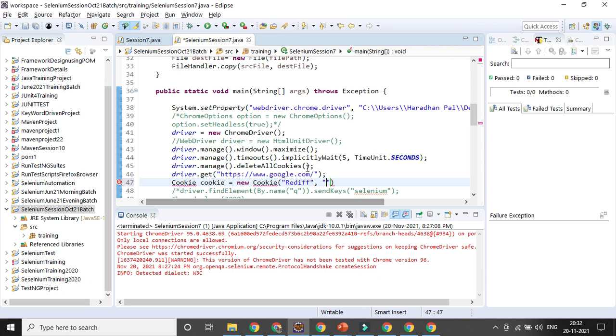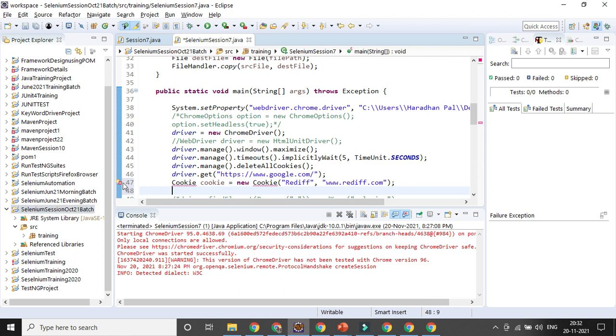It will be the same sort of URL, only that part, not the other part. So it will be www.rediff.com. That way I can add cookies.